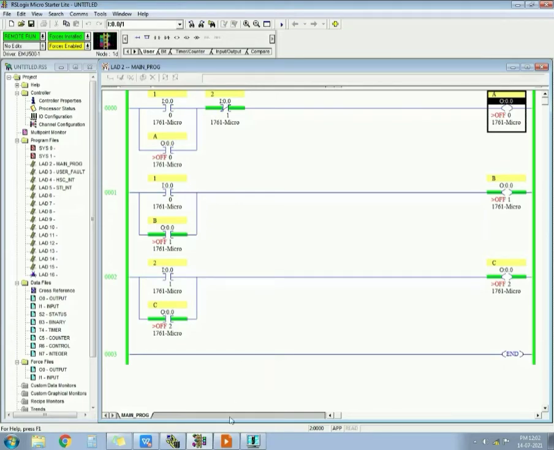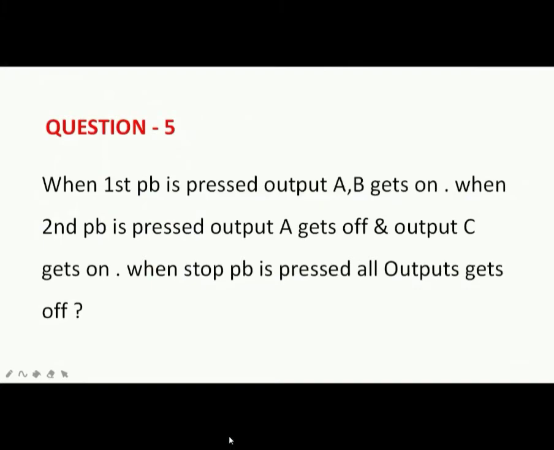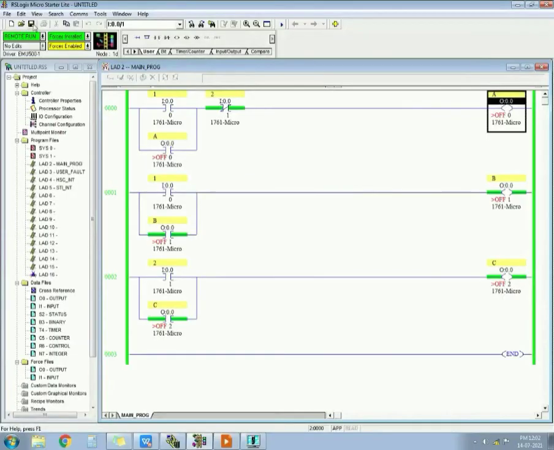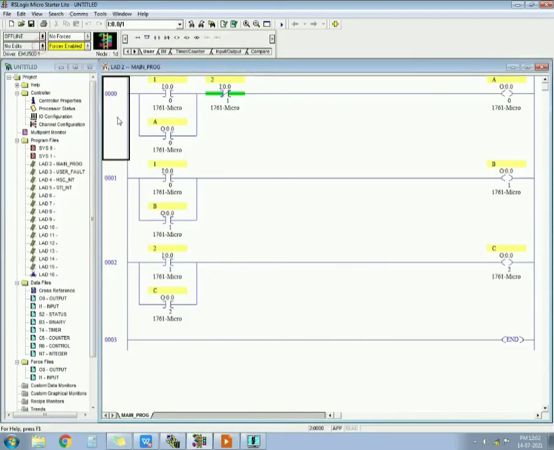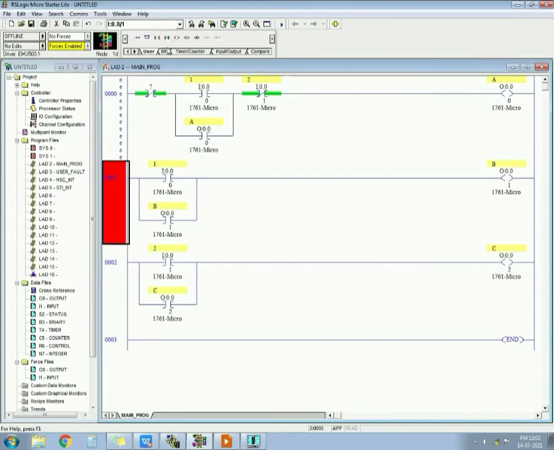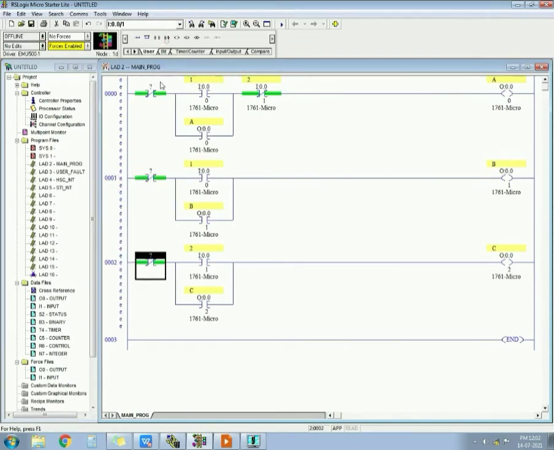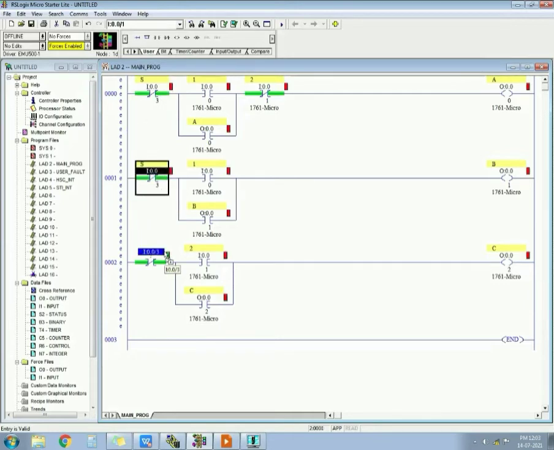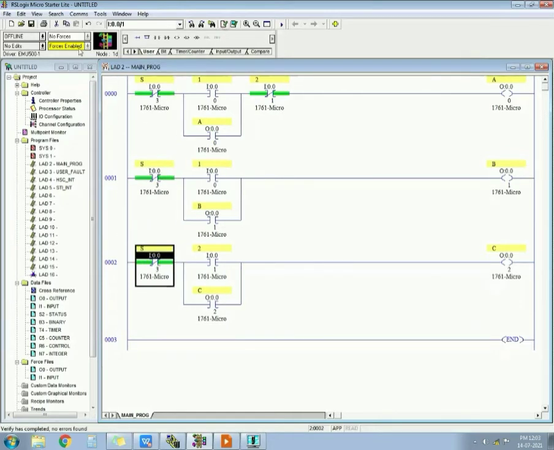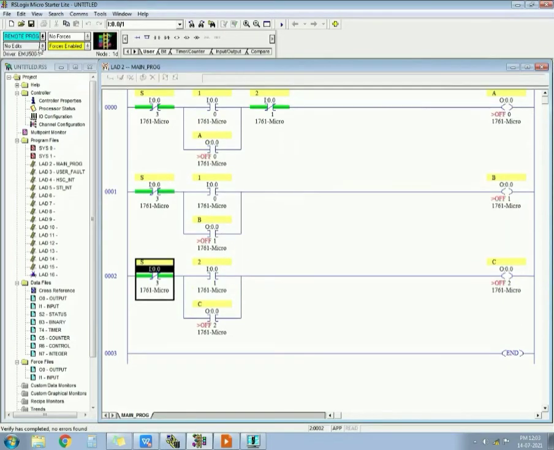Okay, and the last part is when stop push button is pressed, all outputs get off. So you can take the stop push button in every circuit, so it will switch off the outputs. So let's make it, see, this is S stop. You can take the addressing of stop the same in every rung, so it will work as a stop push button.